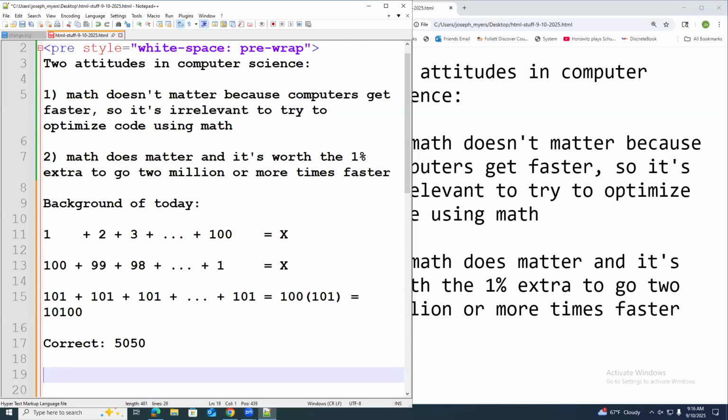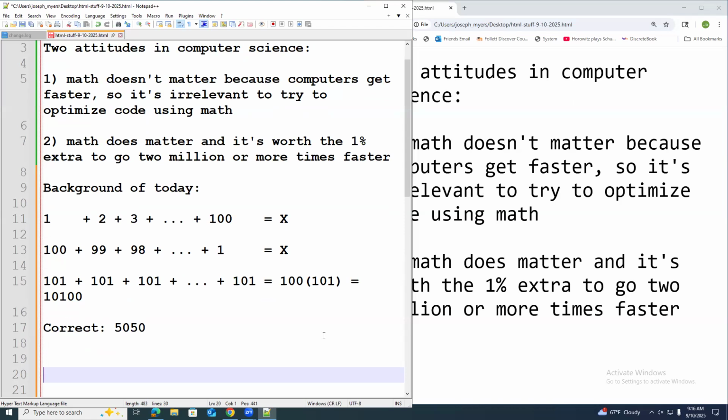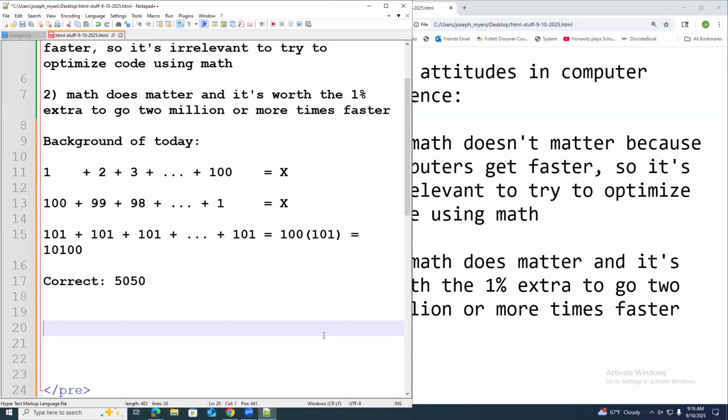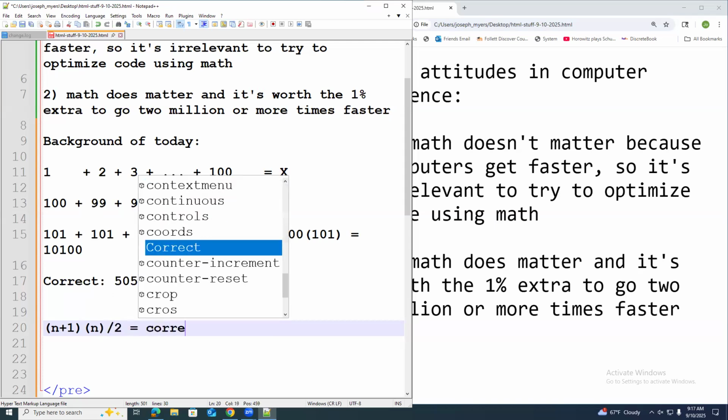And that process actually works for any number of numbers, whether it's adding 1 through 100 or 1 through 50 or 1 through 40. The generalization of the process is if you wrote the same numbers backwards and wrote them underneath in another line, every single column would always add up to n plus 1. And if you added both copies together, it would always be n numbers total times n plus 1. It would add up to n plus 1 times n. And if you divide it by 2, you get the correct answer.